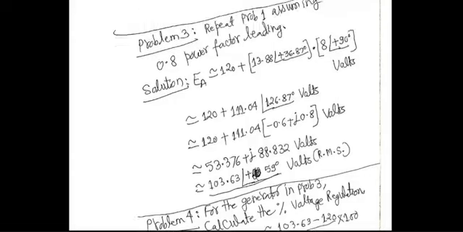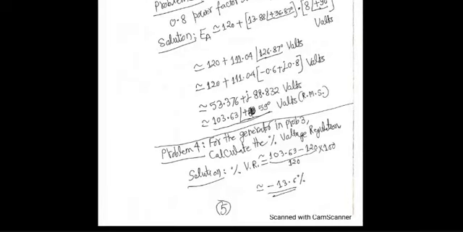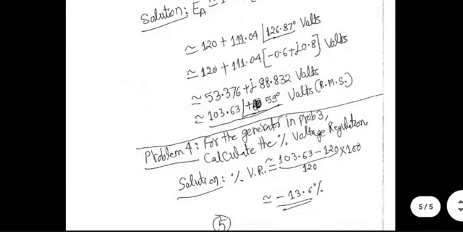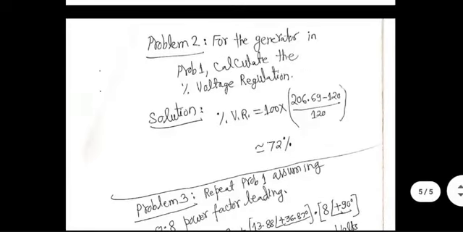For leading power factor, generally, full load voltage is higher than no load voltage. I had shown it through a sketch in my own notes in the previous class as well. And the magnitude of voltage regulation is not that bad. It is 13.6%. Not perfect, but much better than the 72% that we got in the previous case.